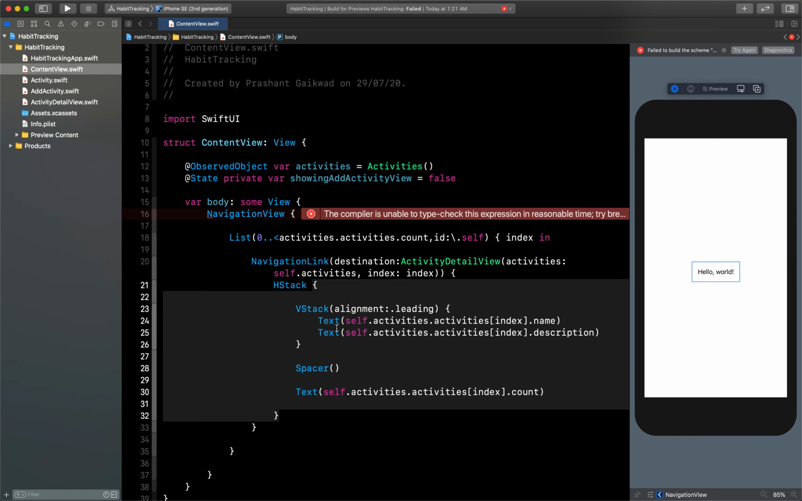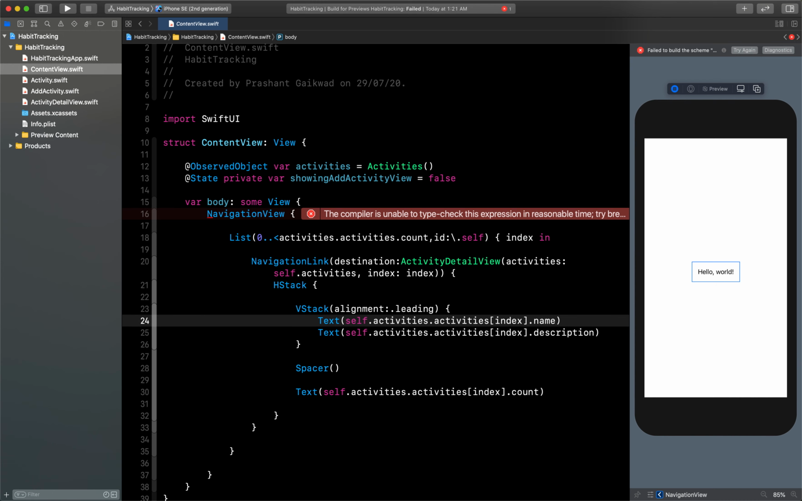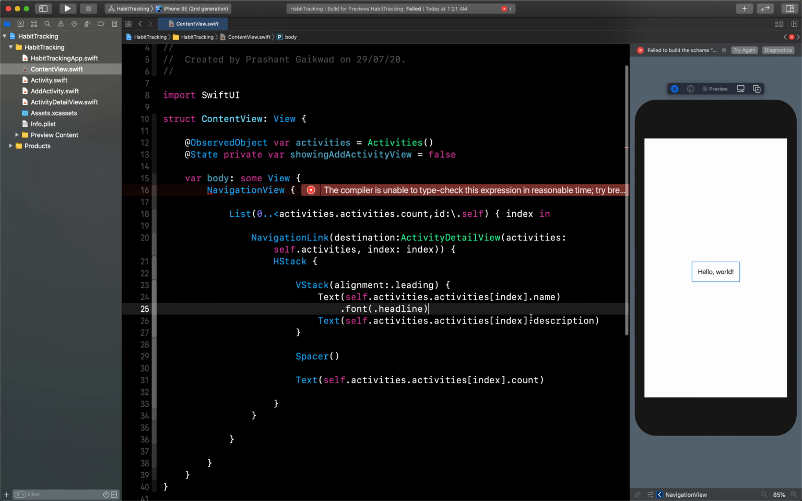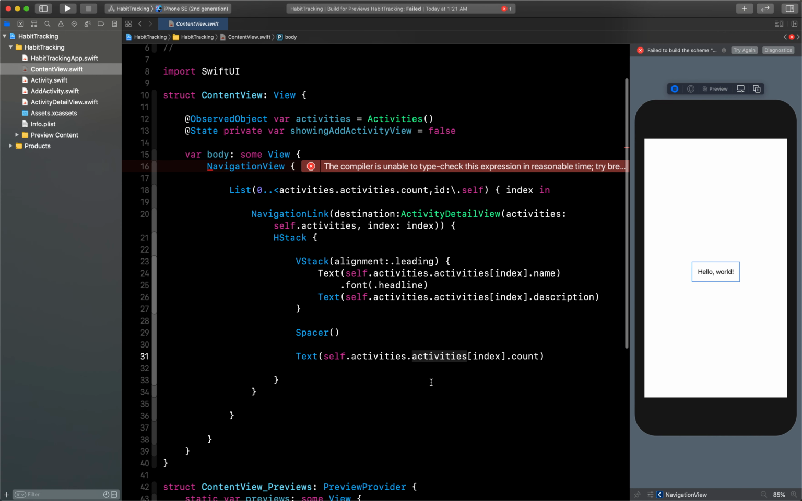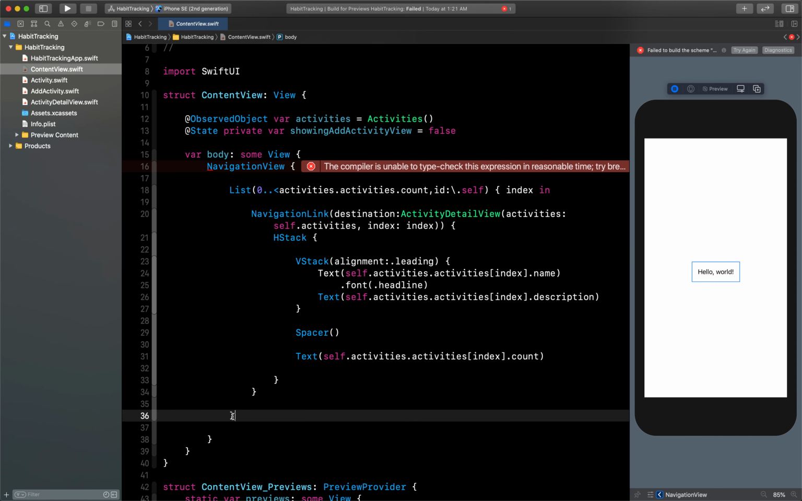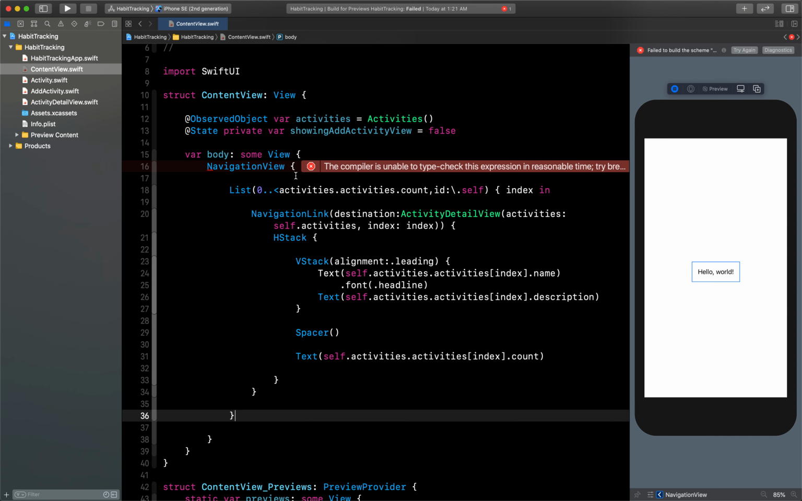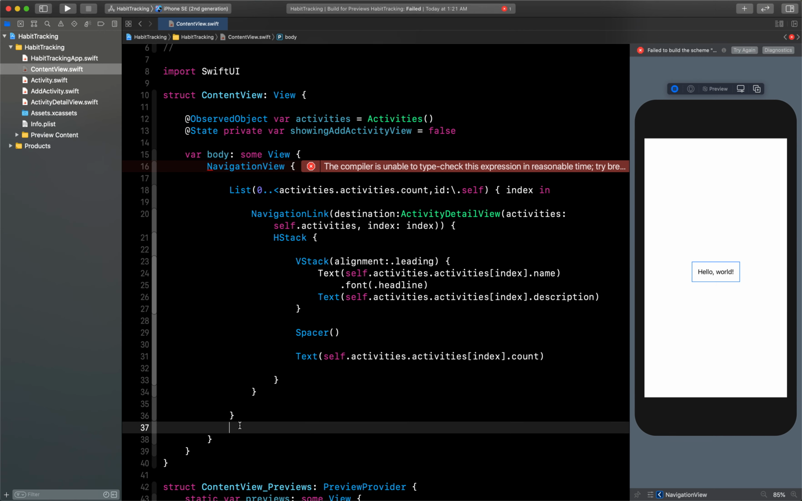Then I have given two Text. Let me just increase their font so that it will be more visible. So I will say .font(.headline). Okay, then I have given a description. Then I have created a Spacer and I have passed the text for the activities. Okay, then I have this, and then I need to give some title also to my NavigationView. So let me just give that. So this is my NavigationView, and inside this I have to give title. So let's give that